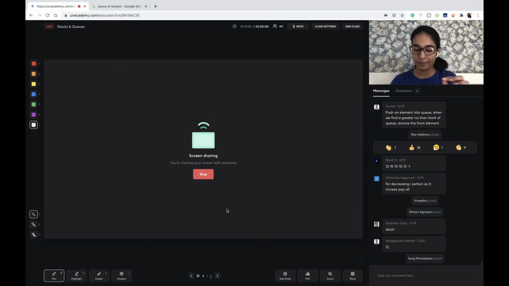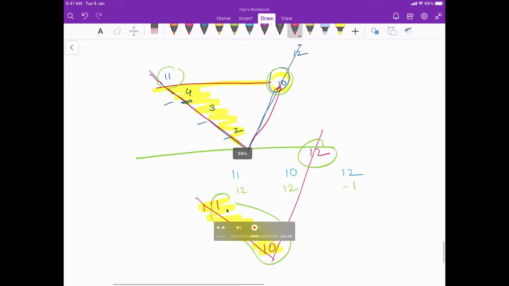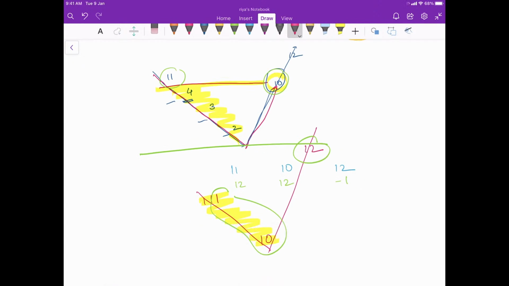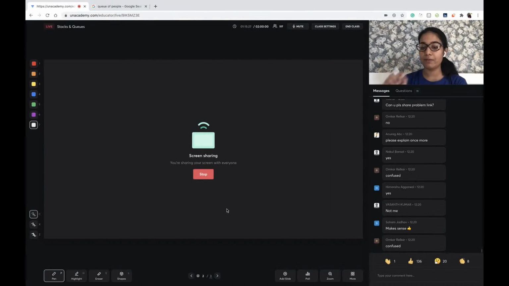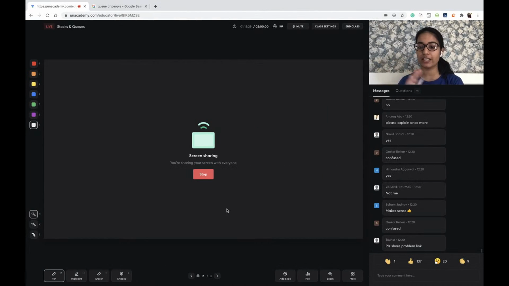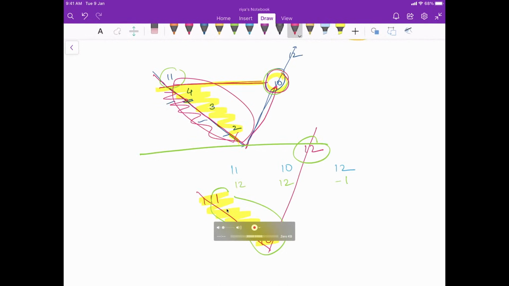For how many people does this visualization, a graph kind of a structure, make sense? We are always trying to find a decreasing sequence, then immediately find a greater value, and that will cover all the smaller values, and the answer for all of them will be simply 10 at this point. For how many people does the idea make sense? Is the explanation clear? How you can actually do this, right? And this is how you are going to solve the question.